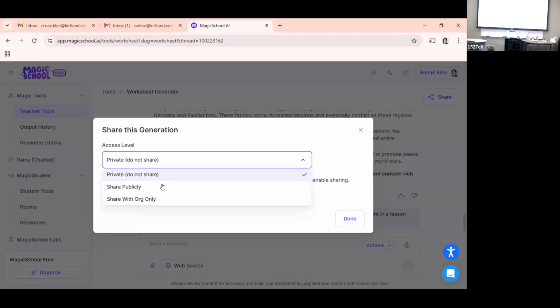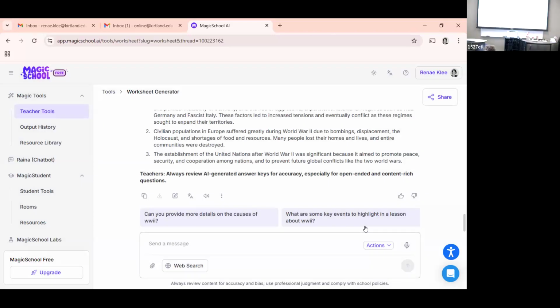Click share. Otherwise you copy and paste it. See here, this copy button makes it easy: just click copy, paste it in another document, and change it.